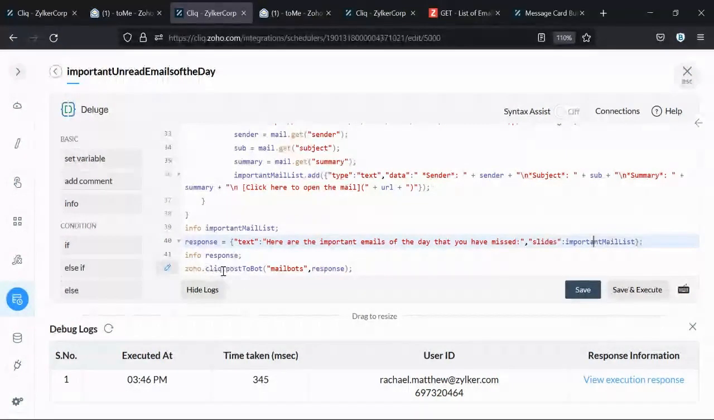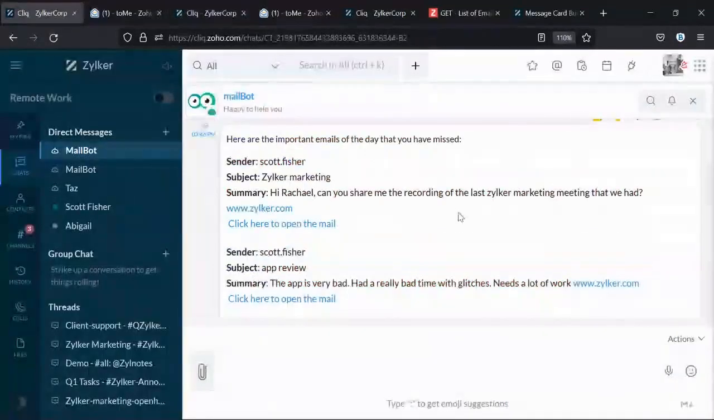Next up, we've used the zoho.cliq.postToBot function. Post to bot is used to post any messages to a bot. We need the unique name of the bot here. The unique name of the bot is mailbot_s, and it's going to enter the value of response here. If we go to the chat, you can see that these are the two mails that have not been read yet. Now, to check if it's actually working dynamically,